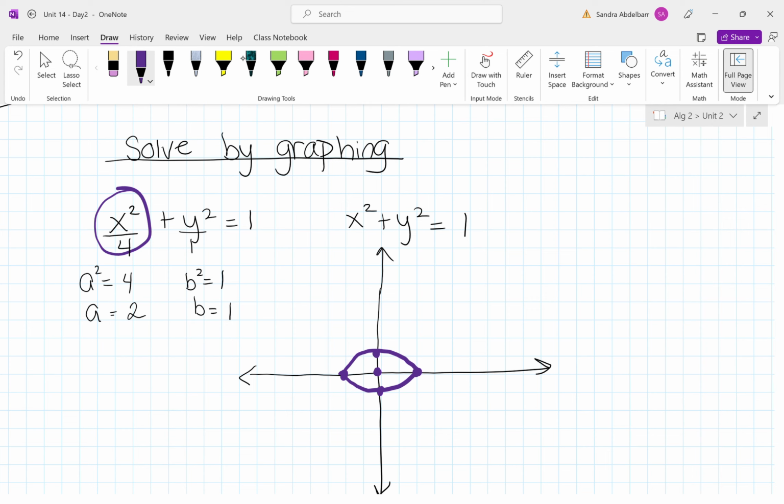Now our circle is centered at 0, 0. But the radius is 1, so we're up 1, down 1, left 1, right 1. So what are our solution points? 0, 1 and 0, negative 1. You could write 0, comma, plus or minus 1. That's a drawing. All right, we're done for